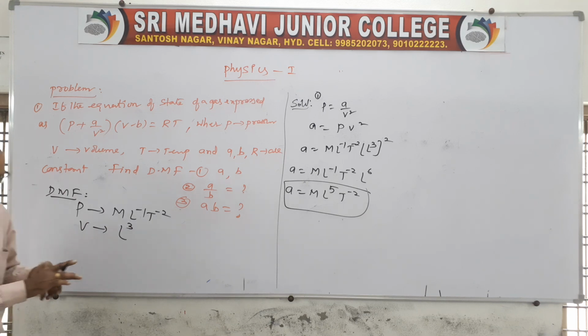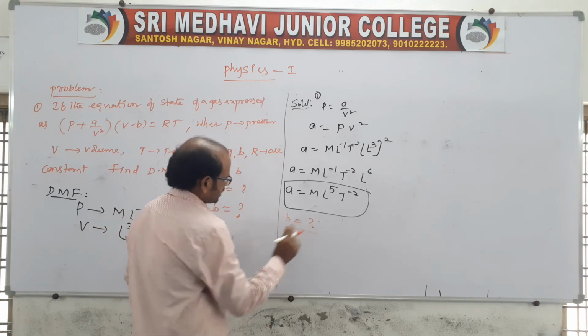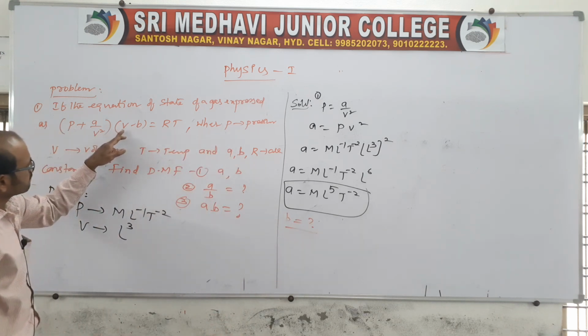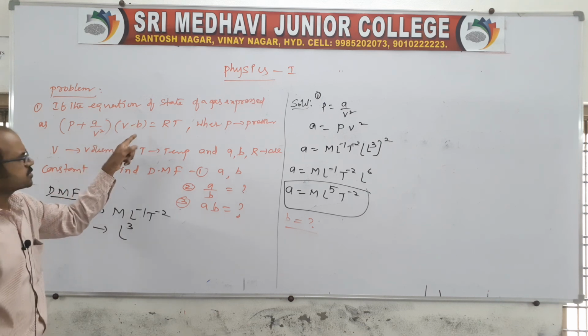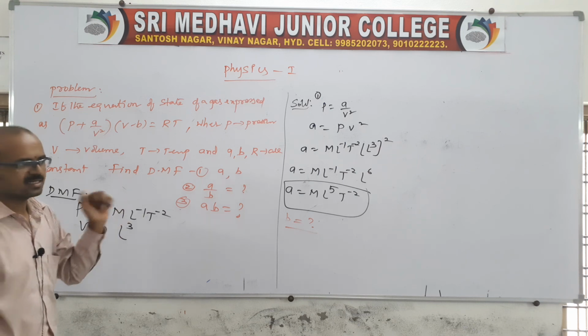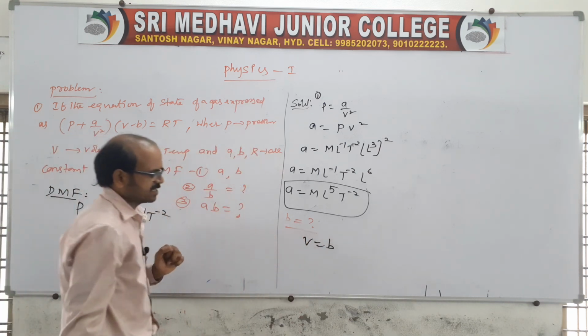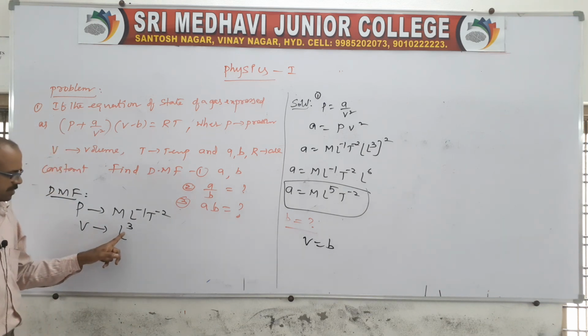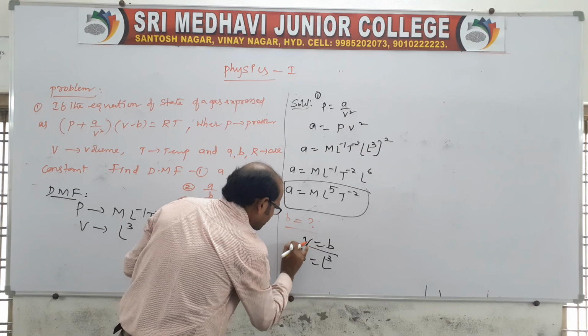Okay? Now, you go for the B dimension. See, now I am getting the B DMF. See, again, here V is subtracted, no? So, while subtracting you will not get it. Suppose if you add, you will also not get it, then in the principle of homogeneity, equate is there. So, you equate V is equal to B. What is the volume dimensional formula? L cube. So, B is also equal to L cube. That is what I am telling.